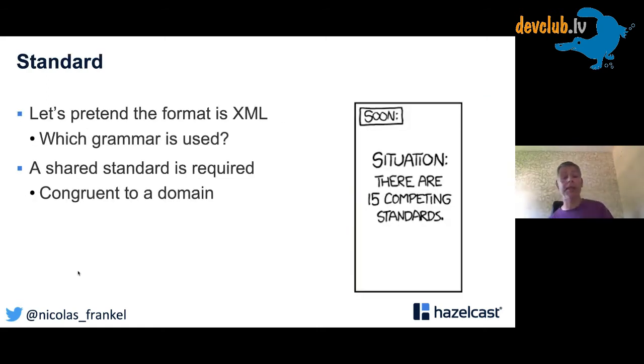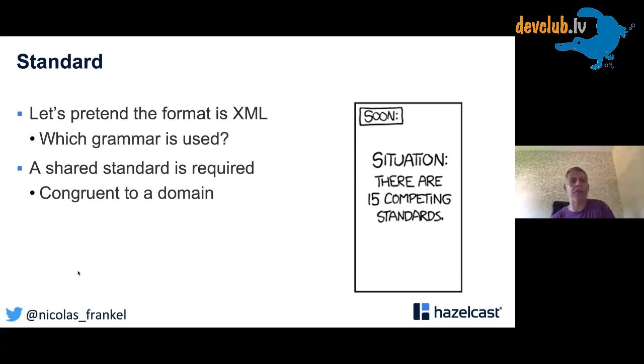Let's assume that we have a good format, like XML, for example. I really love XML, and I hate JSON because of the grammar, because XML lets you pre-validate that the data is correct. It's just like constraints in the database. I want these constraints to be expressed in the most agnostic way possible. Anyway, so imagine we have XML.